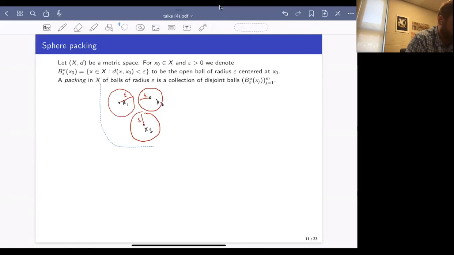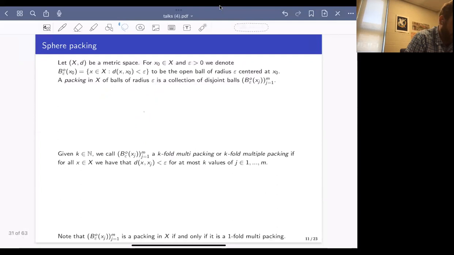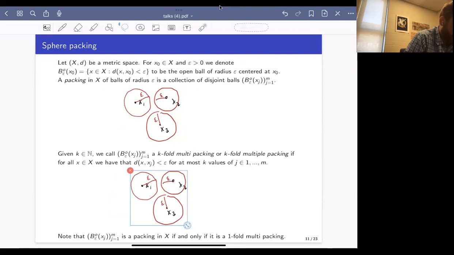So that's what I'm calling a packing. Okay. And now I'm going to generalize this, say that